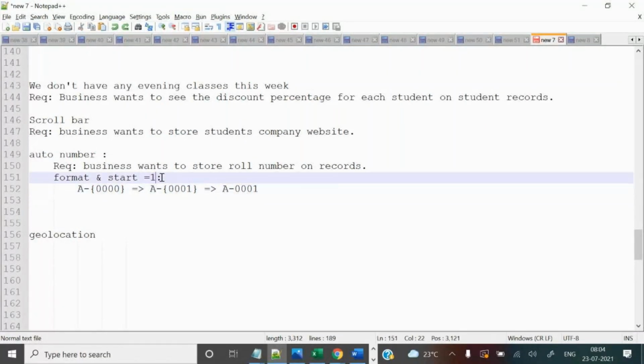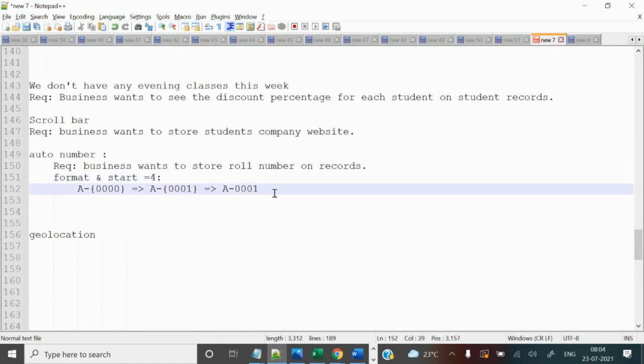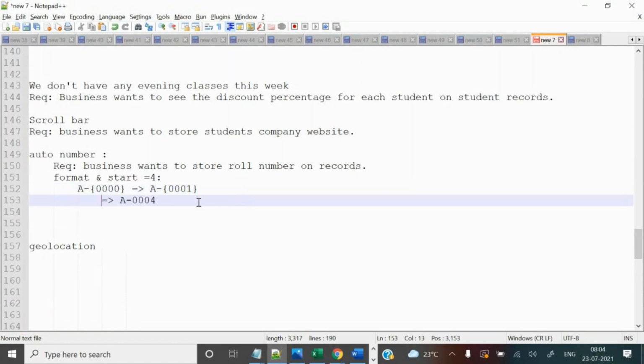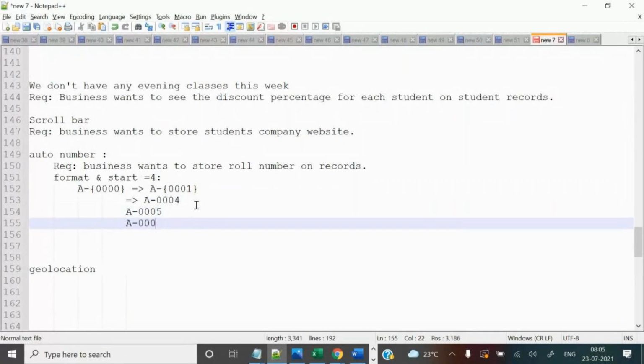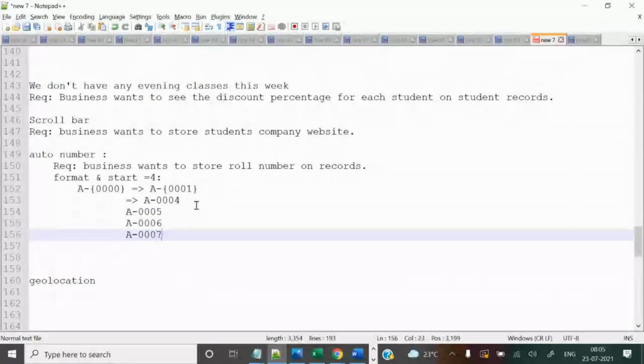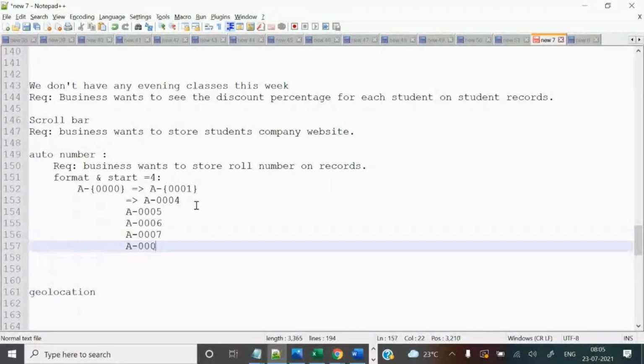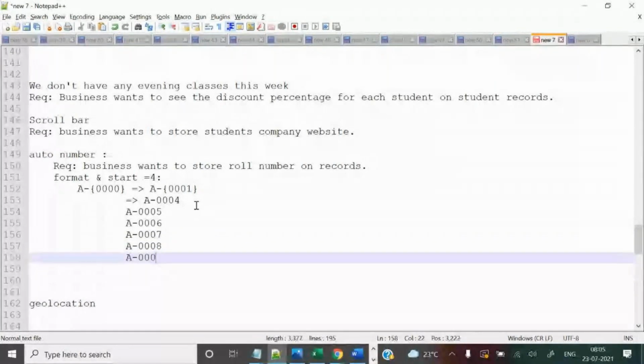Suppose the start number is 4. The first record will take it as a 4, and the next record, how will it take? Let me show you. Suppose 10 records are there, how will it take the remaining records? A dot 4, A dot 5, A dot 6, A dot 7, A dot 8, sorry, 9.